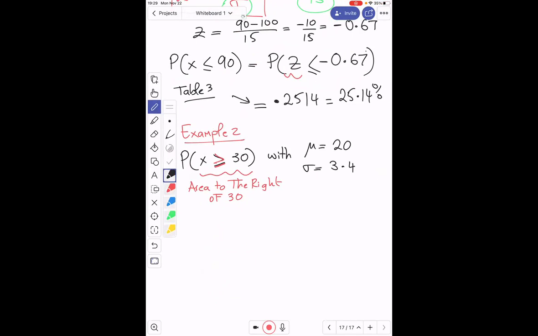So in your normal distribution, let's say this is the graph of your normal distribution. Here is 30, and you need the area to the right of 30. So what am I going to do? As I said, we're going to transform your variable x to the variable